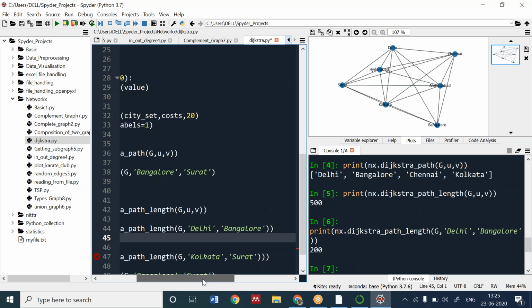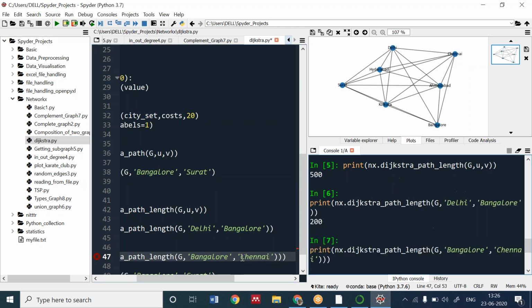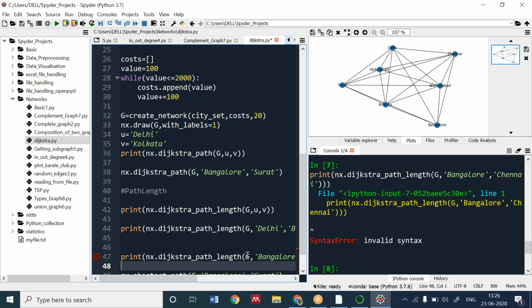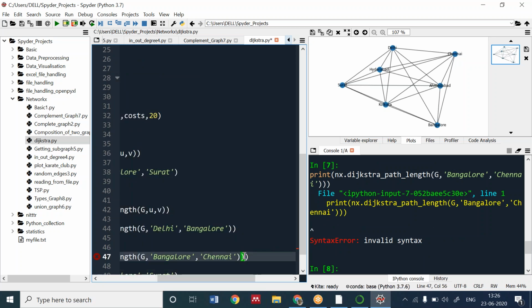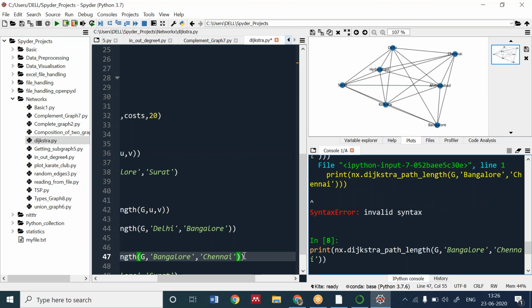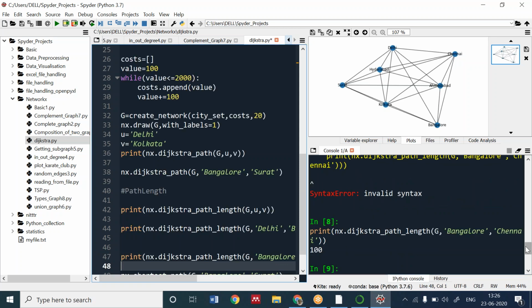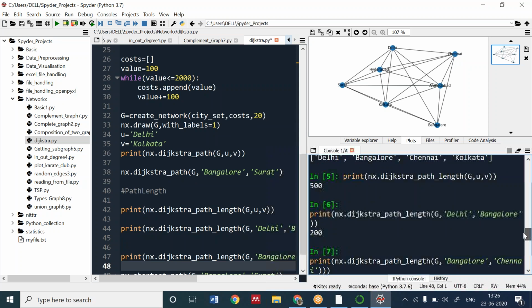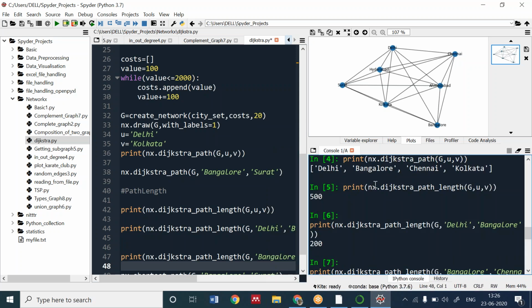Now from Bangalore to Chennai, the cost is, one bracket more, it's 100. You can see here we are checking whether the cost is correct or not. From Delhi to Kolkata, the cost is 500. From Delhi to Bangalore, 200. Bangalore to Chennai, 100. It's 300.